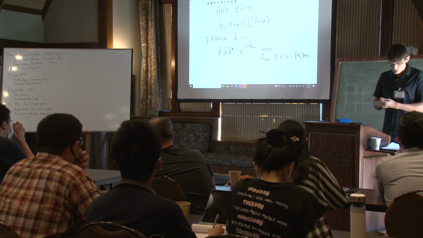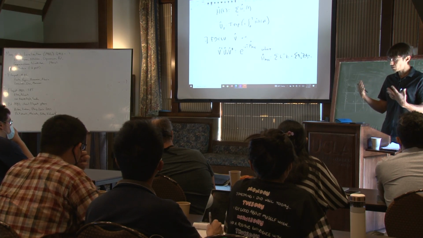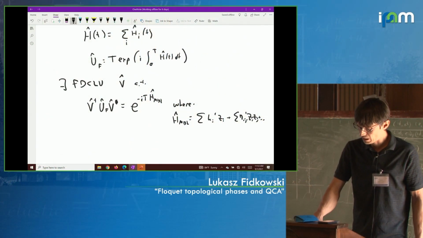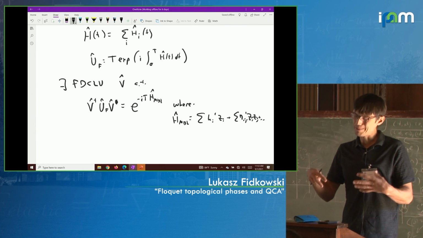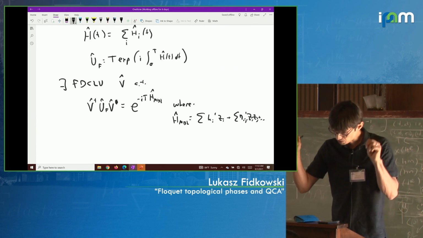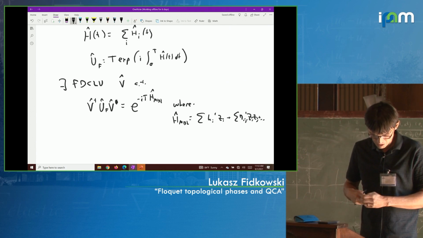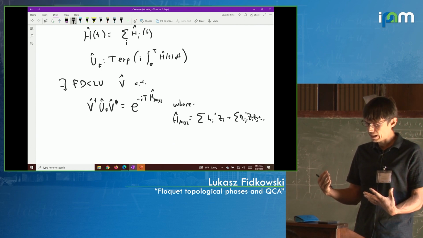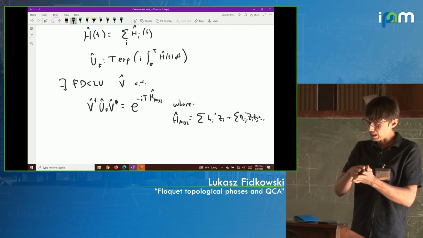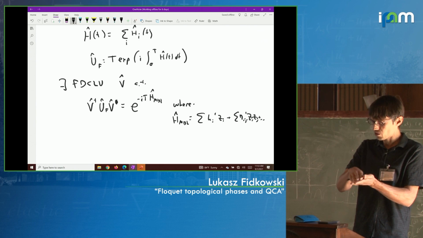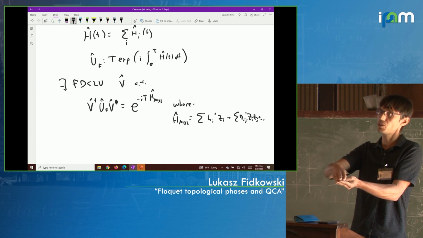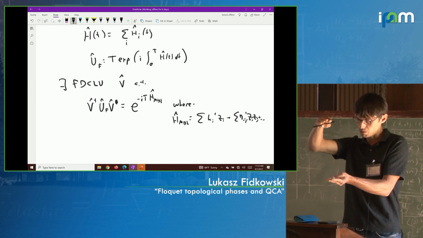Well, this turns out to relate to what Matt was talking about, looking at a circuit as a path in the space of unitaries. This Floquet unitary U_f is a circuit, or really a circuit with tails. I'm going to gloss over all these distinctions for the purposes of this talk. But it turns out there's information contained in the path through the space of unitaries. If you imagine not just considering the evolution up to time T, but the whole path, the so-called micromotion of this Floquet system, from 0 to capital T.